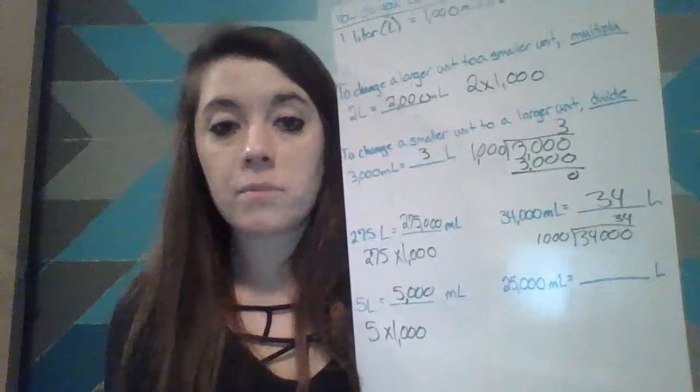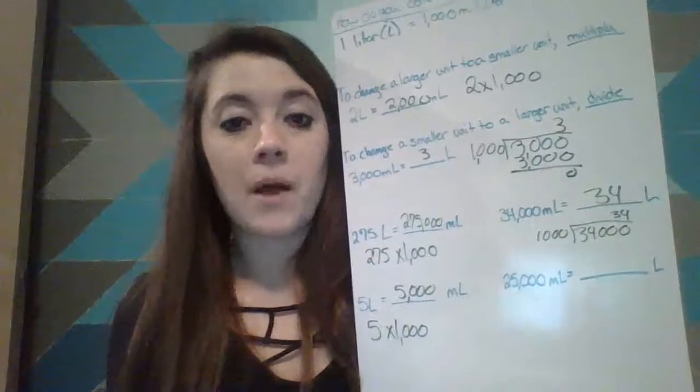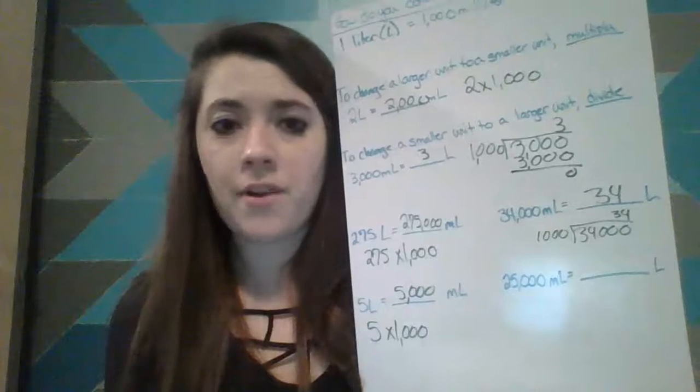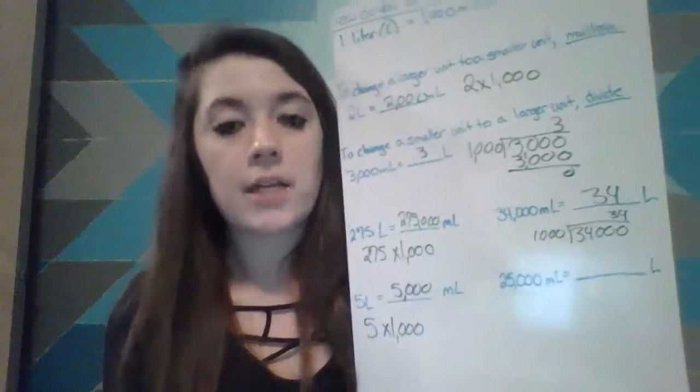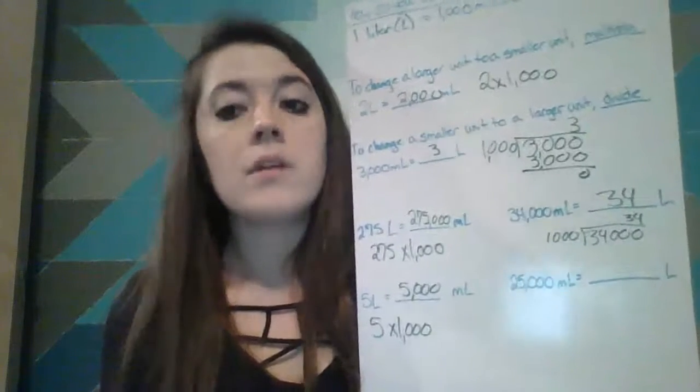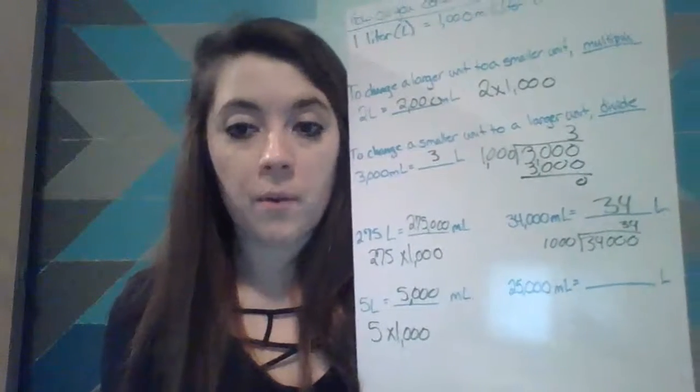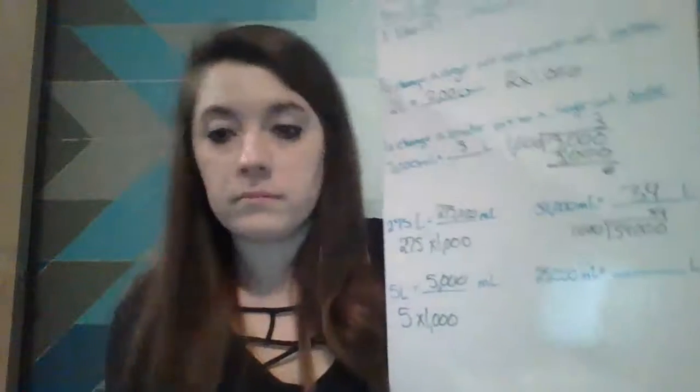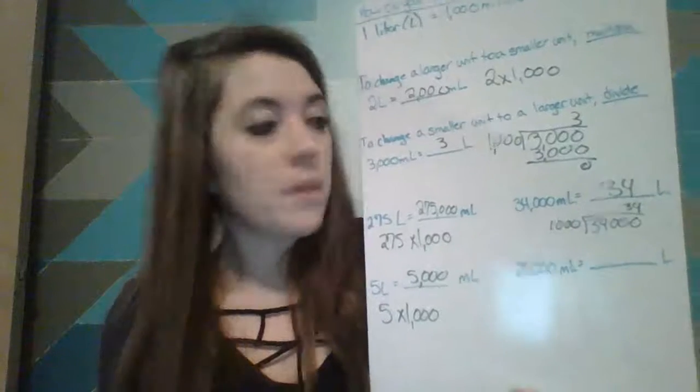I imagine most of you right off the bat, if I ask you what 34,000 divided by 1,000 is, you're going to tell me it's 34, at least I hope. So you don't have to show that work on here. These ones are fairly easy conversions. All right, so